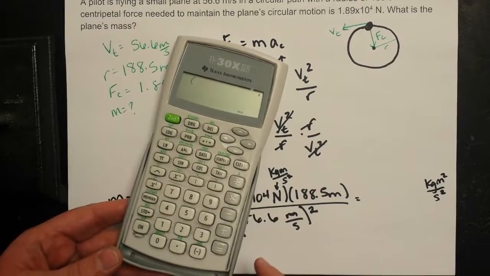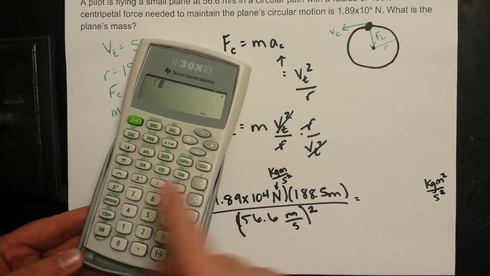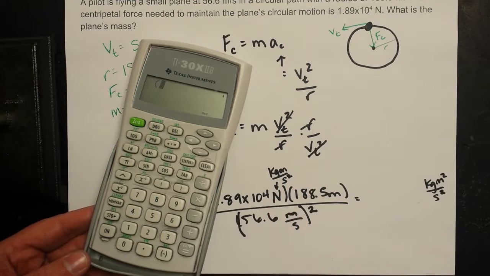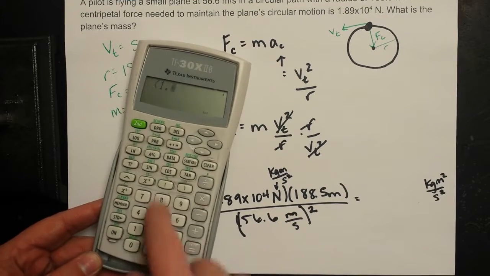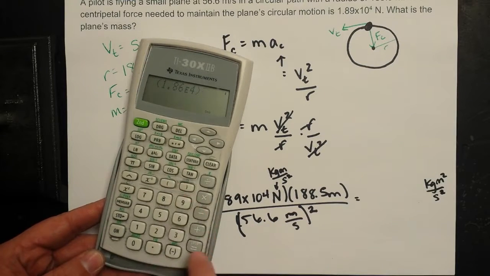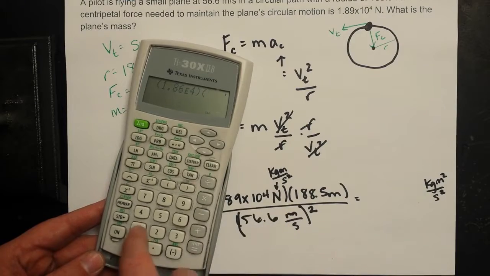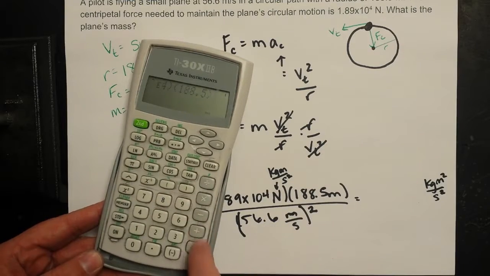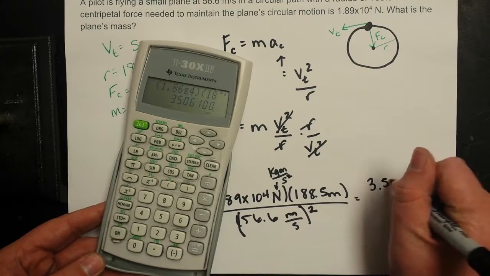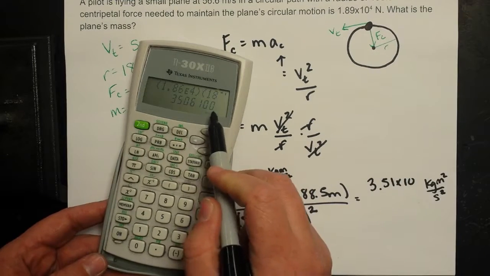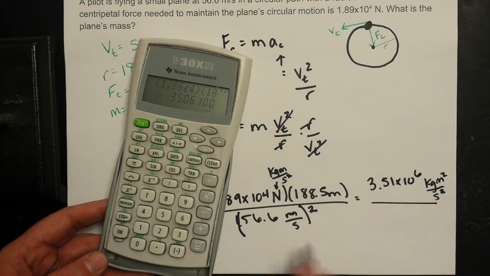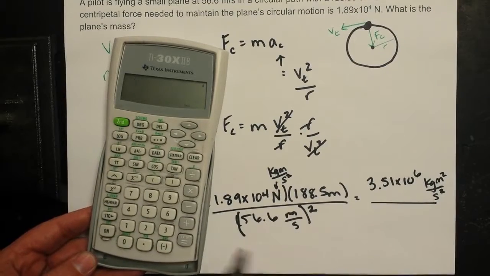Okay, so we're going to put that in parentheses and then use the E button right here to show that exponent. So I've got 1.89. That E is read as times 10 to the fourth. For that number, times 188.5. So I'm going to write this in scientific notation as 3.51 times 10 to the 6. Okay, all divided by 56.6 squared